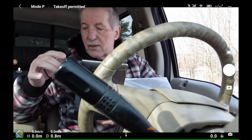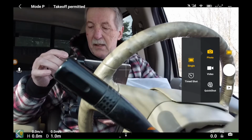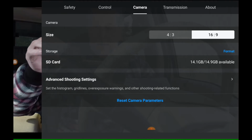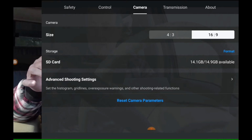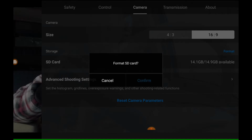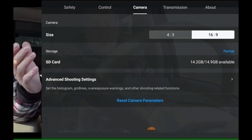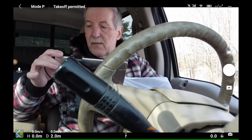So we're going to go to the card, and we're going to format the card. Let's try if we can format the card this way in the camera. And SD card format. Formatting. 16 gig card. It's only a U1, so we're going to see what happens there. And we're going to switch to the...